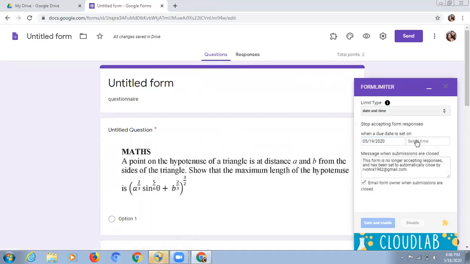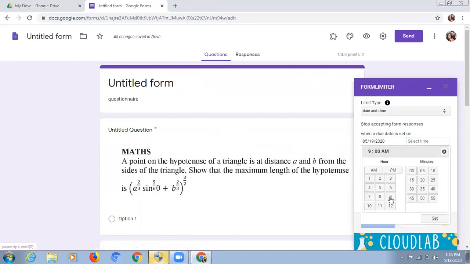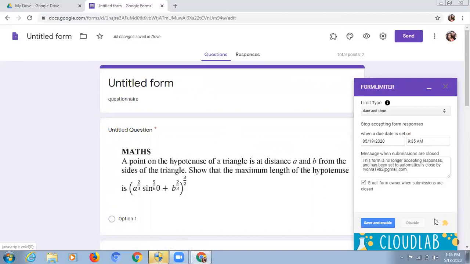If I have a class at 9 o'clock, then I would be setting the time of 9:35, so that no student would be able to submit their tests after 9:35 a.m. And I can click here set, and I could send a message to those who will be submitting it late that this form is no longer accepting the responses. Time is over. Save and enable. And we have set the time limit.